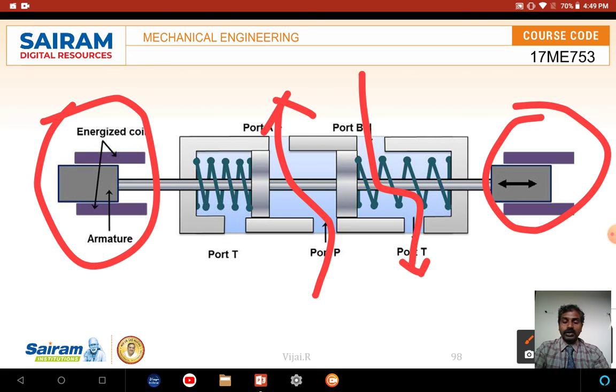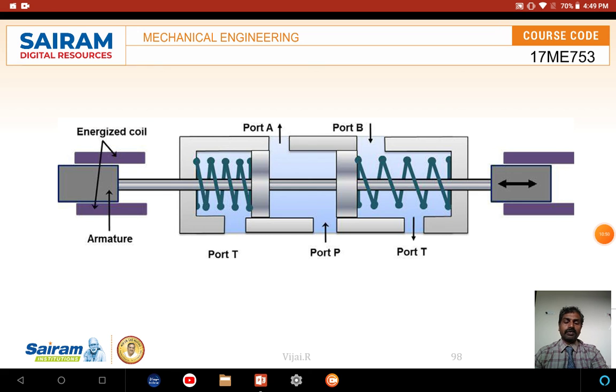So in this video we have seen the directional control valves operated by a spool, that is, the spool valve, and how it is operated manually and by solenoid. In the next videos, we are going to see further directional valves, and then the symbols and hydraulic circuits, and how they help us in industrial applications.